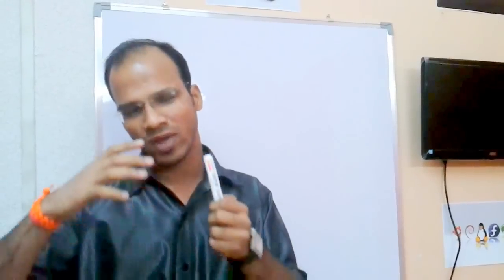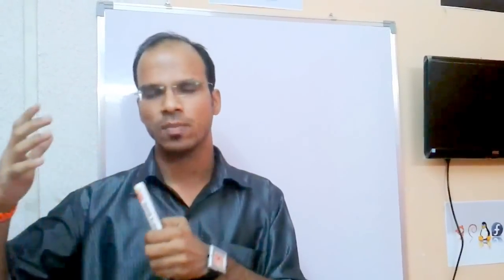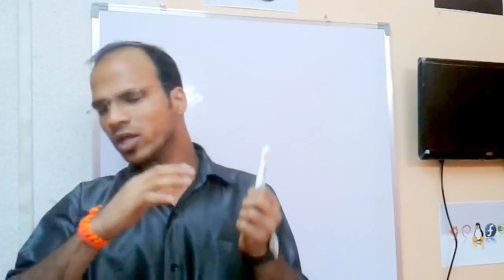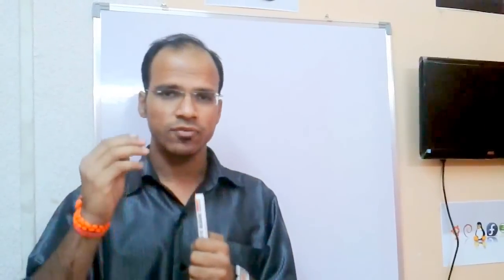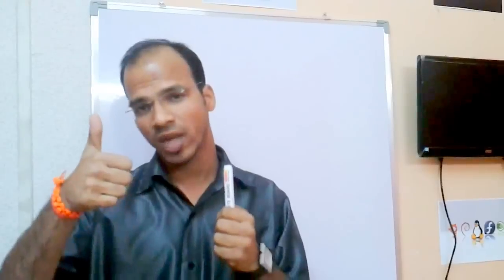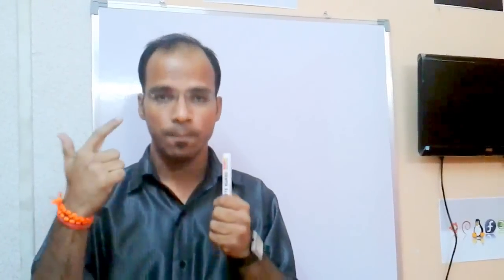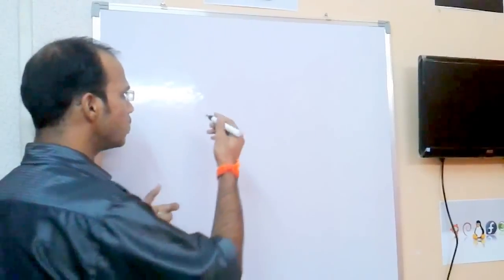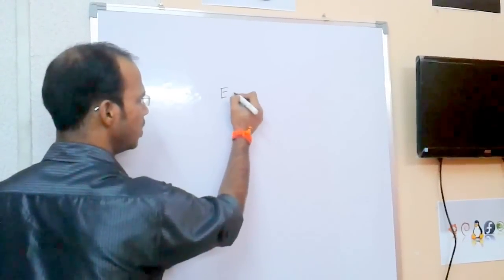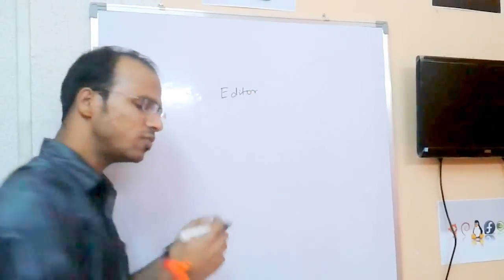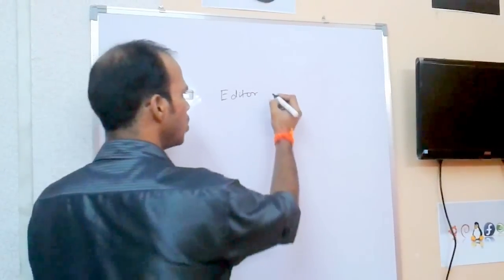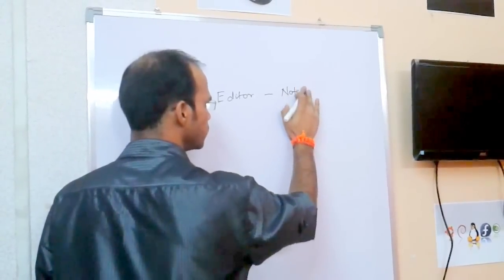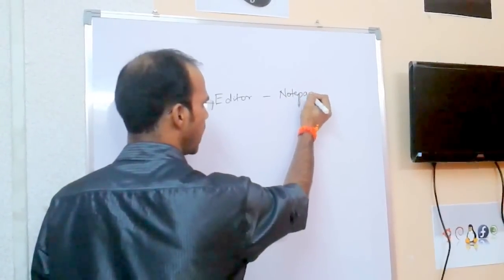Let's take an example of a programming language. Let's talk about Java. In Java or in any standard programming language, you have to follow three things. First, you have to type your code. Second, you have to compile your code. Third, you have to run your code. That means to type a program, you at least require an editor. So it's fine. When you talk about an editor, you always have one, called Notepad.